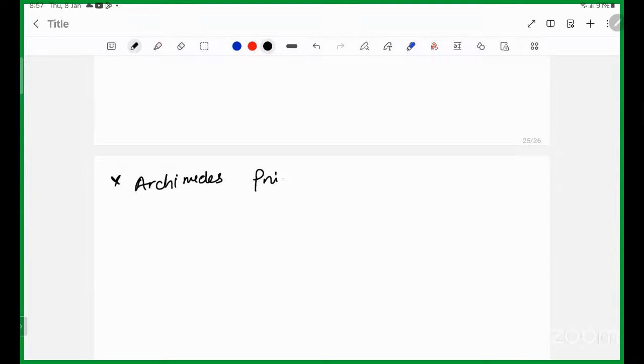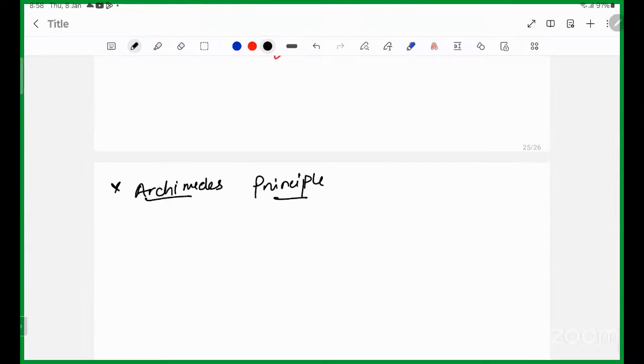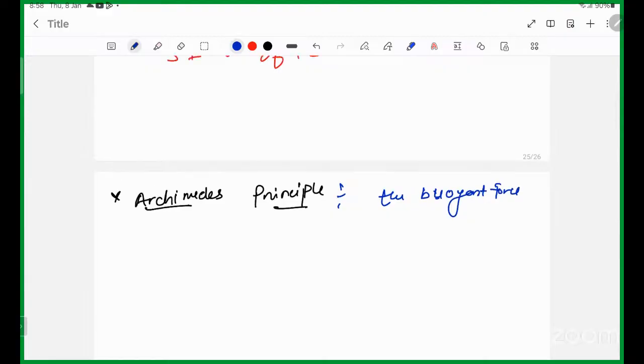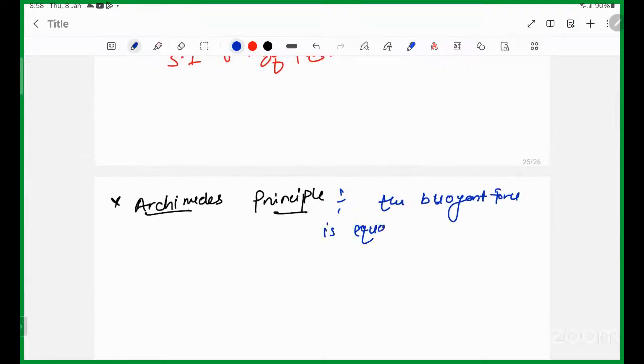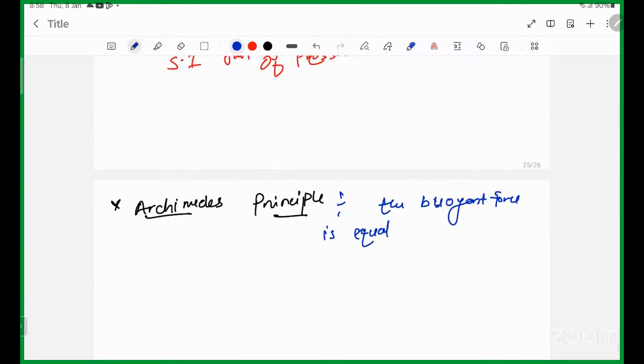Archimedes principle. In Archimedes principle, what we observe is that the buoyant force is equal to the weight of the displaced